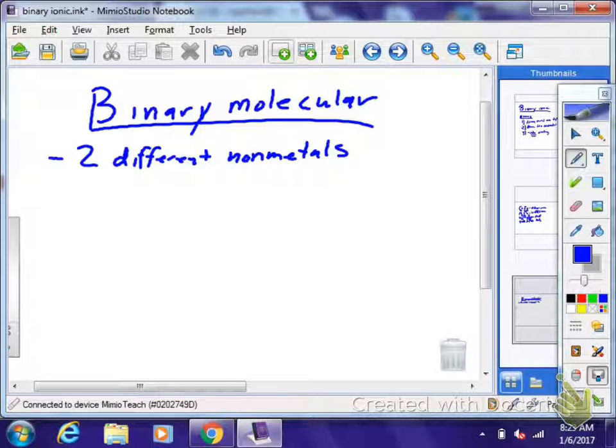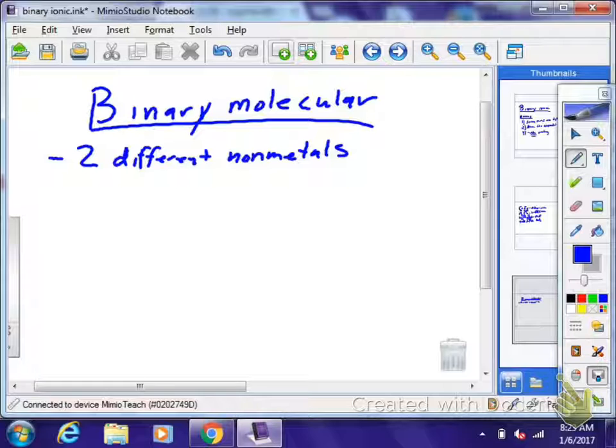These we don't have to worry about looking up the charge, because they don't have a charge, because they share electrons. So the oxidation state, the charges, don't come into play. And how we determine how many of each element we need in a formula is we use prefixes. The prefixes tell us how many of each atom we have in the formula. So we don't have to look at charges and balance them out. So carbon monoxide,